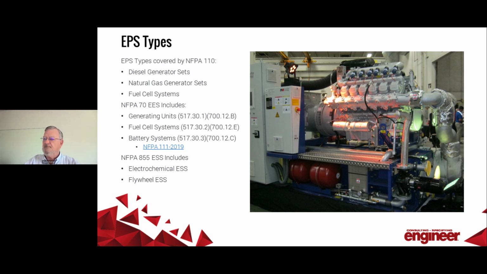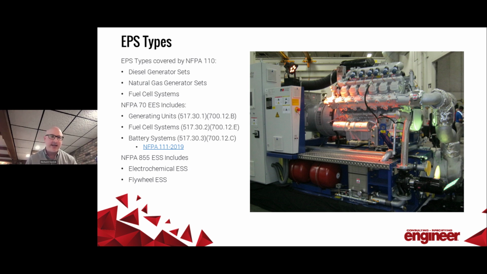Excellent point, Sam. Now, there are a variety of types of EPS. And when we look at Chapter 5, we're going to see a lot of them listed out. But it's important to note that there are other types of standby power systems that aren't necessarily covered by NFPA 110. For example, we might be looking at electrochemical ESS from NFPA 855. And obviously, when we come back to the NEC and we look at NFPA 70, the EES can be in a variety of locations, whether we're talking about 517 for healthcare or Article 700 for emergency systems.